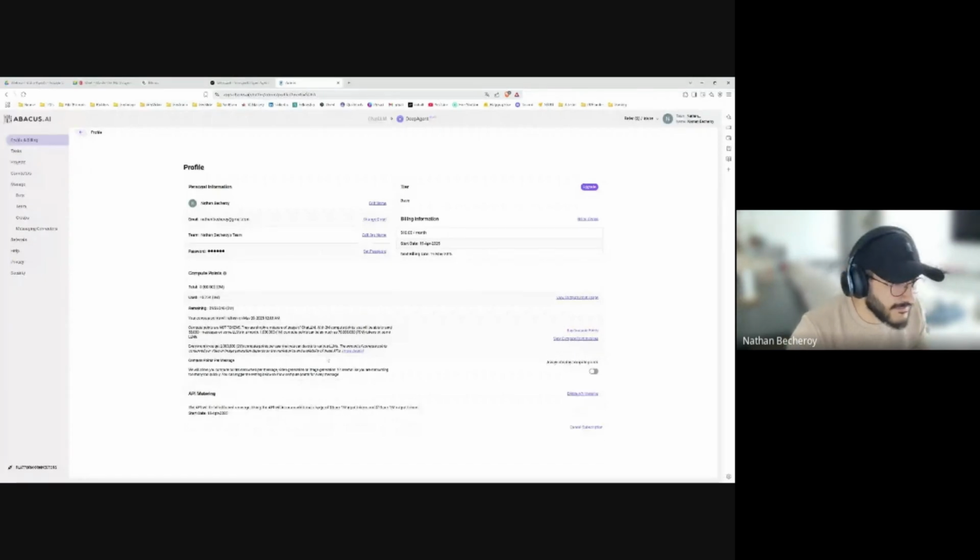For $10, you have 2 million compute. I used Abacus a little bit, so I consumed 43K compute. You don't see it because it's millions, so it's big. Let's say this is 2,000 and this is 43.